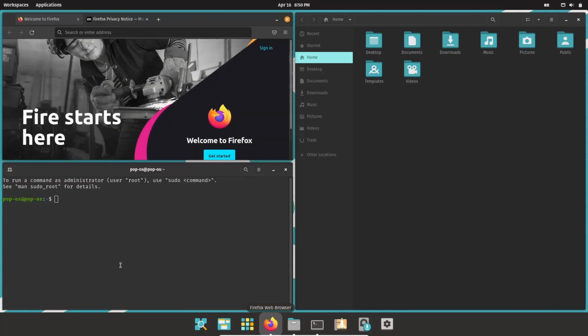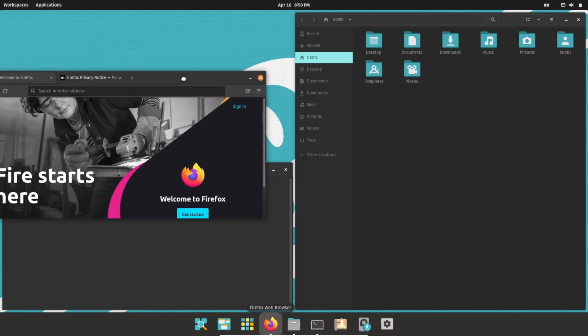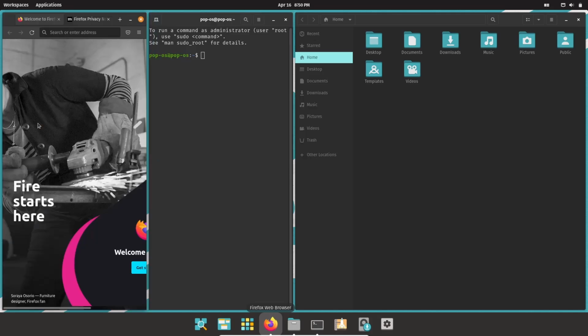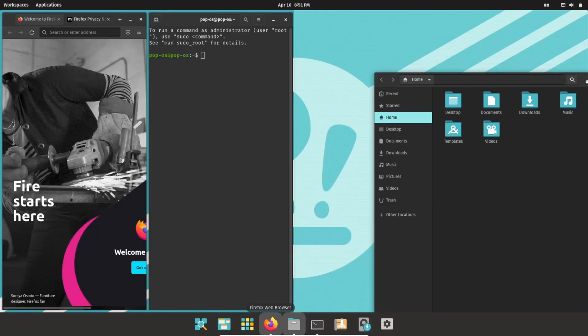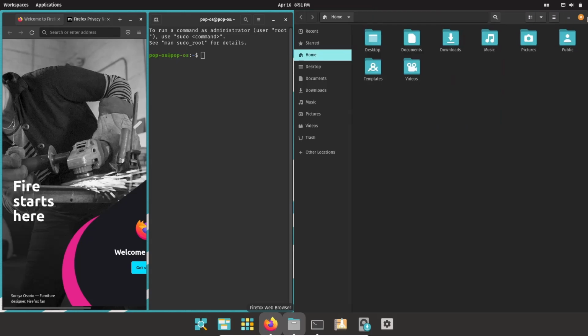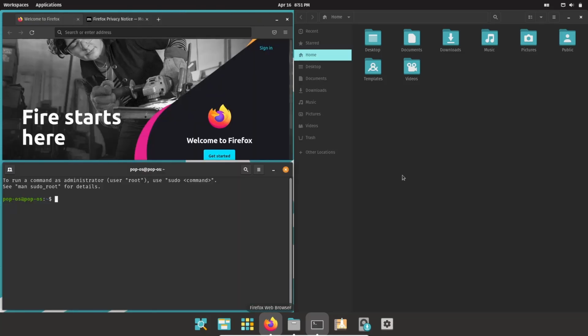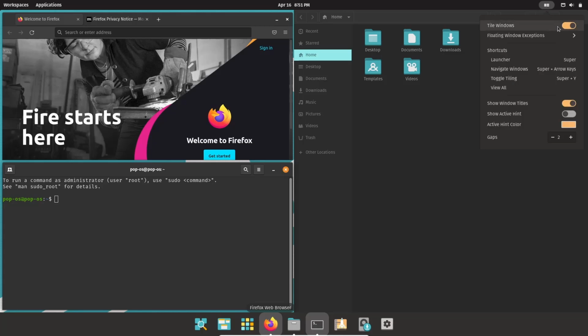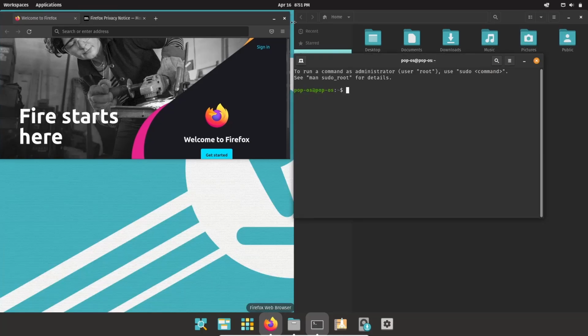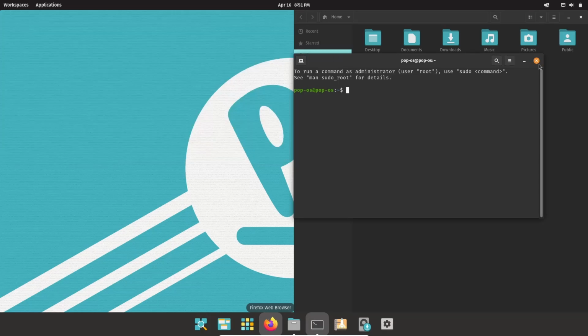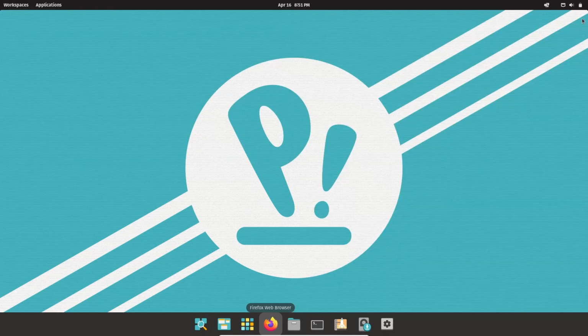Then this right here would drop down, and then you would have your file system over here. Or you could go ahead and make Firefox separate like that, and then you could of course move this over here if you wanted to. So I mean, you can adjust these whatever way you want to, and it'll automatically move them around. I really like that feature, and if you download Pop!_OS, I suggest you play around with it a little bit and get used to it. So I'm going to go ahead and shut that off, and let's close out of all of these applications.